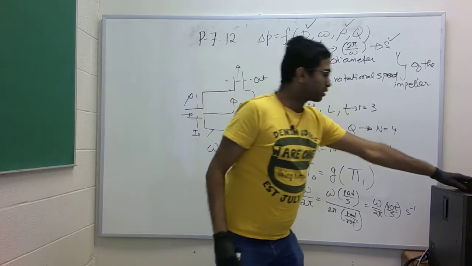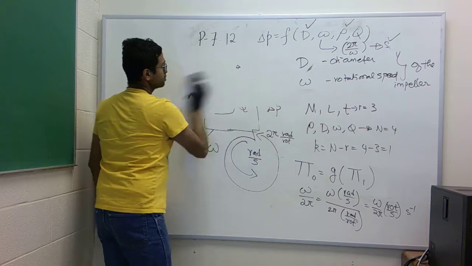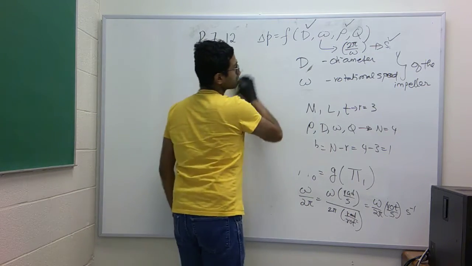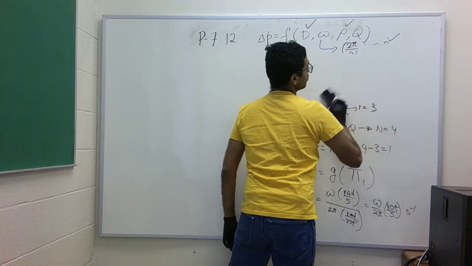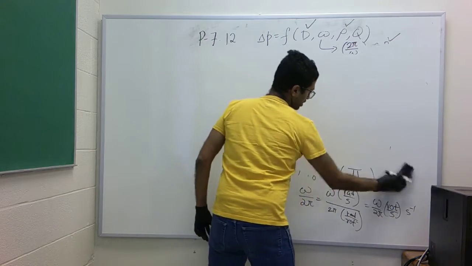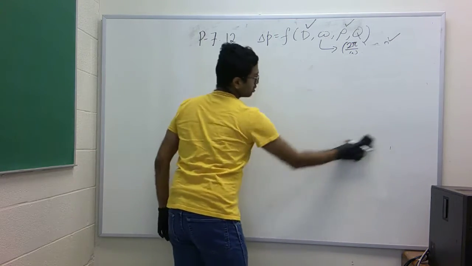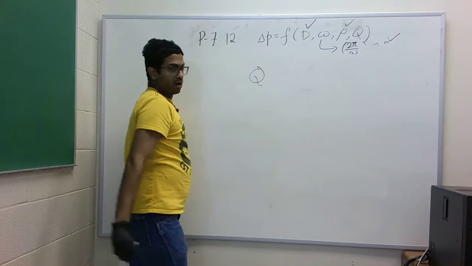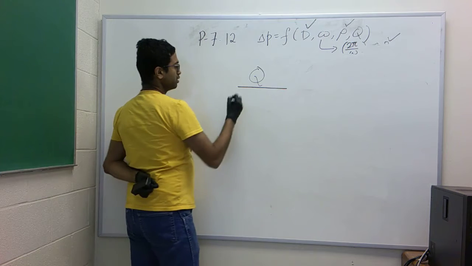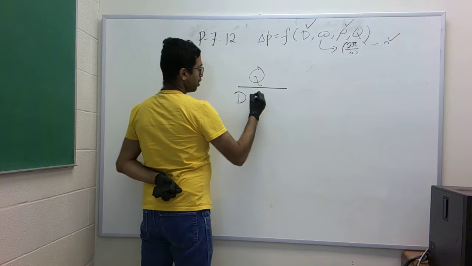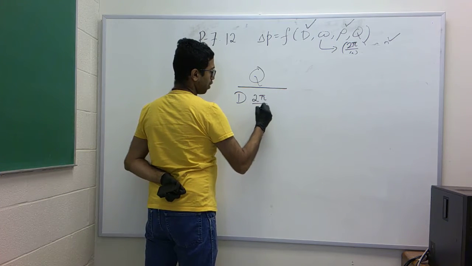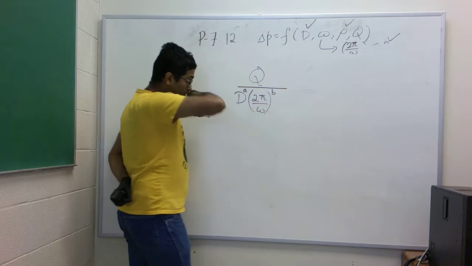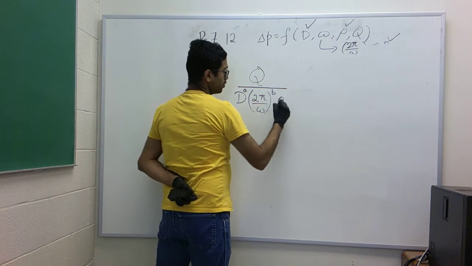So with these choices, the remaining variable that I should non-dimensionalize is simply the flow rate, Q divided by D to the power a, 2 pi by omega to the b, times rho to the c